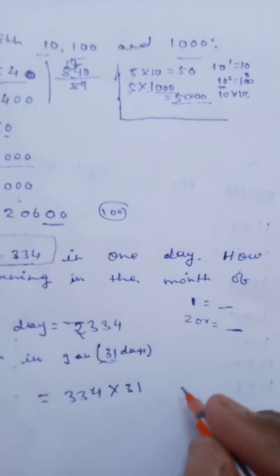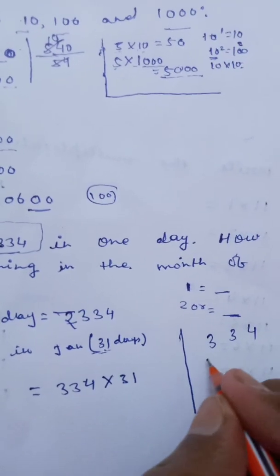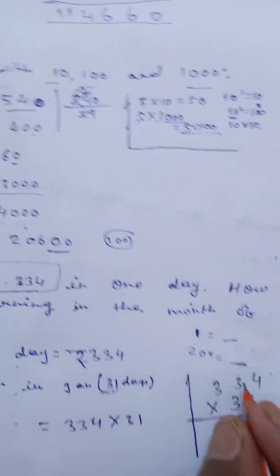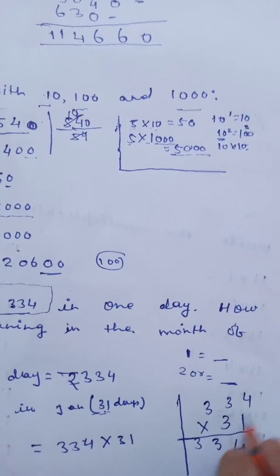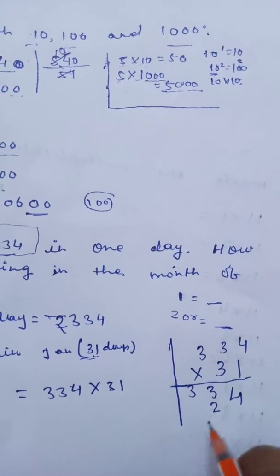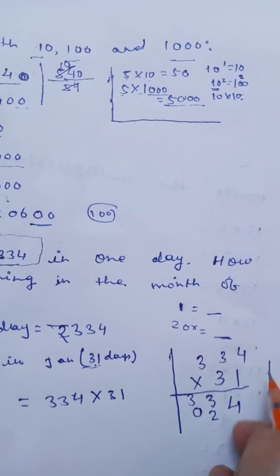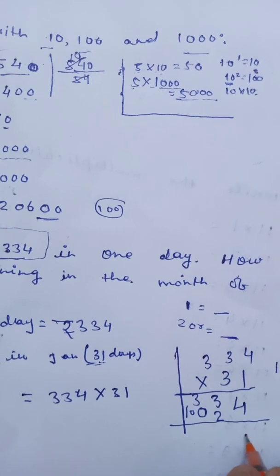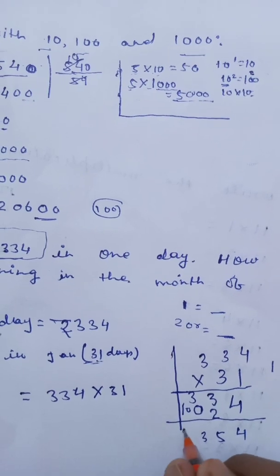Now just find the multiplication of these both numbers. We'll find the product of these two numbers. 1 into 4 is 4, 1 into 3 is 3, again 1 into 3 is 3. 3 4s are 12, 3 3s are 9, 1 carry, so it will become 10. We'll write 0 here, 1 carry, 3 3s are 9 and 1 is 10. We'll write 4 here, 3 into 5, 3 10.